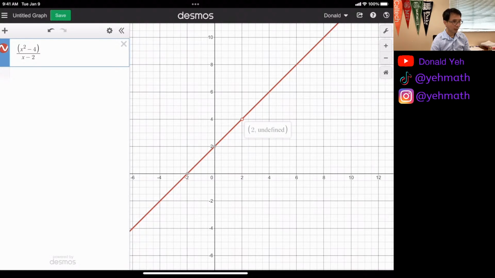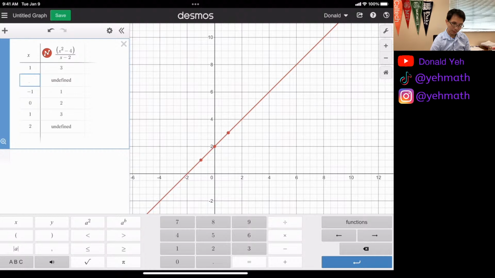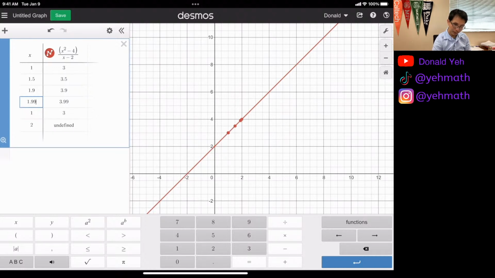We're going to talk about that. Remember we talked about a black hole last time? A small, tiny black hole? This is that situation. So we cannot know the exact value there, so we're going to approach it slowly, right? Obviously you see that 2 is undefined if I plug in a table. If I plug in 1, and I press enter, I'll plug in 1.5, and I'll do 1.9, and 1.99,